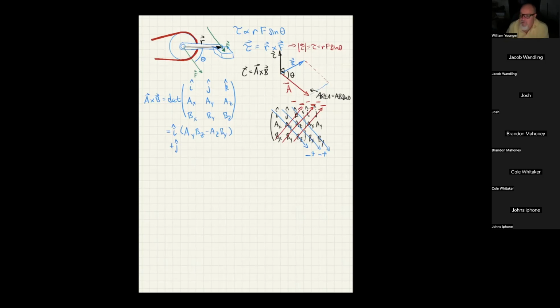So instead of going top left to bottom right minus top right to bottom left, I do it the opposite way around. So that's what I'm going to do here. Notice when I take J, that means the middle column and the top row disappears. So all I've got is the AXBY and the AZBX or AZBZ. So I'm going to go from top right to bottom left first, which would be AZBX minus